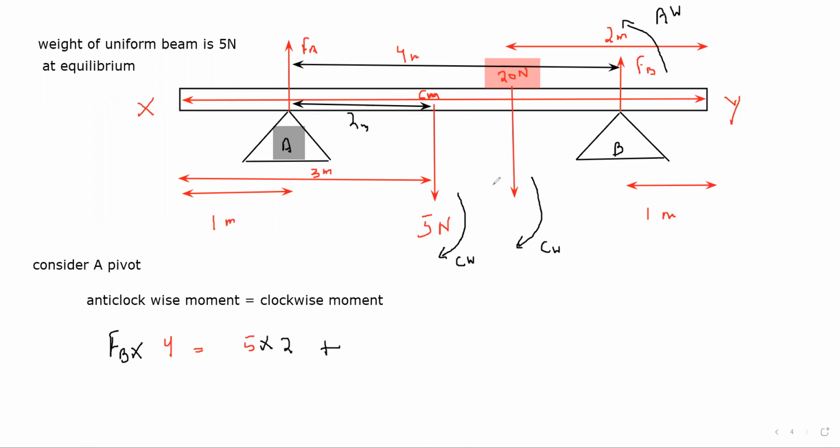Plus, there's another force which is also causing a clockwise moment. So 20 is a force multiplied by distance from the pivot. From one end, it's 2 meters from end Y. So the remaining will be 4 meters, but out of that 1 meter is this. So we are left with